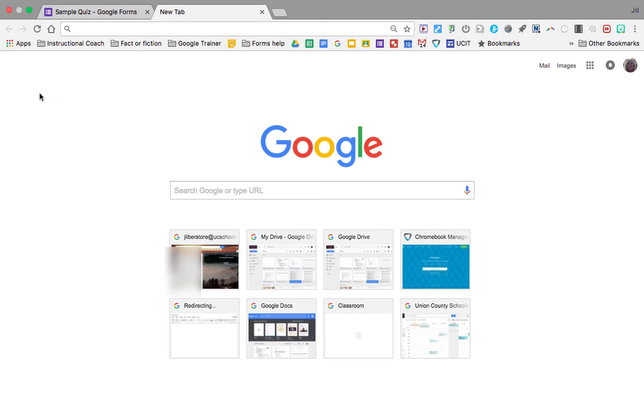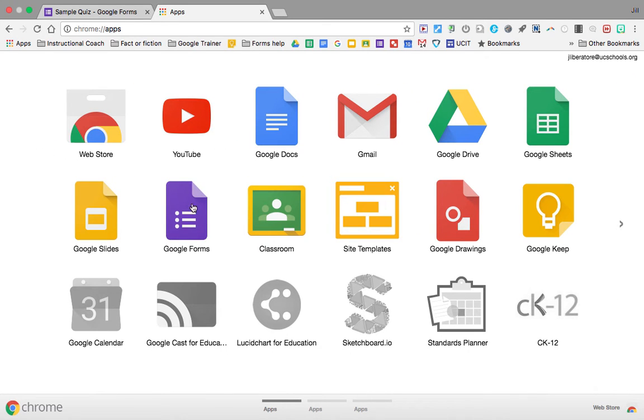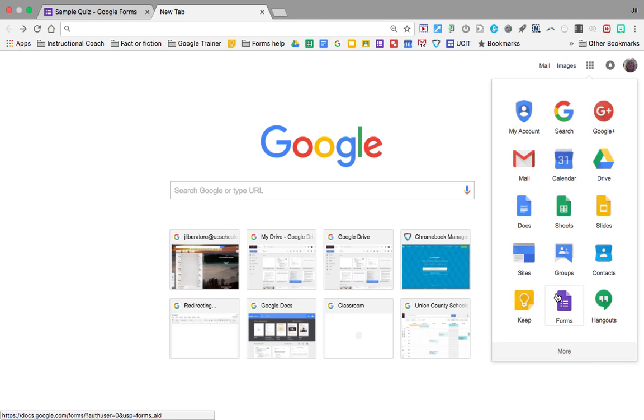First of all, how do you get into Google Forms? There's actually different ways you can do it. First, in your apps bar, many of you already have Google Forms downloaded as an app, so we can click on the apps, look for Google Forms here, make sure that you're looking at the different pages, and here it is, the purple app. Another way you could do it is if you're at the Google site or within your Gmail, you can click on the waffle over to the right, click on it, come down, and you'll find Google